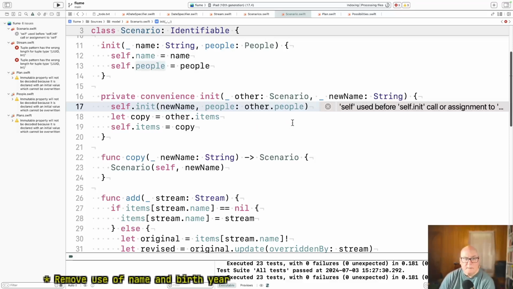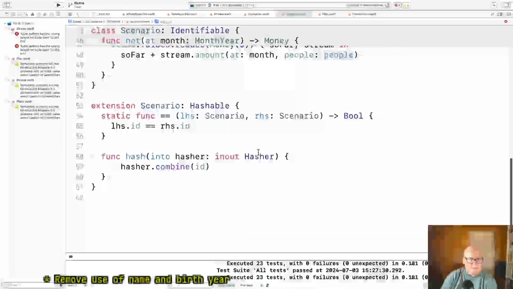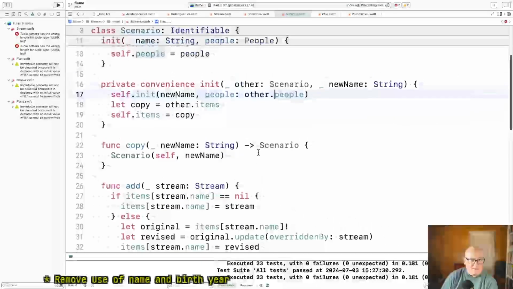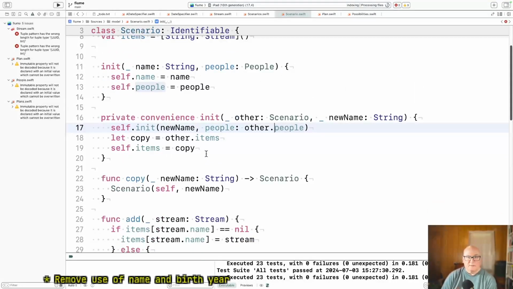And nobody else built scenarios. Where was copy? New name, other scenario.